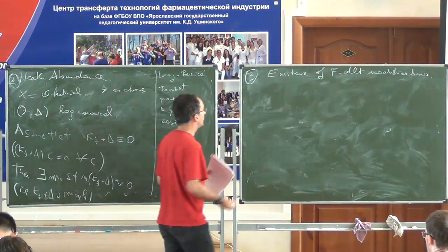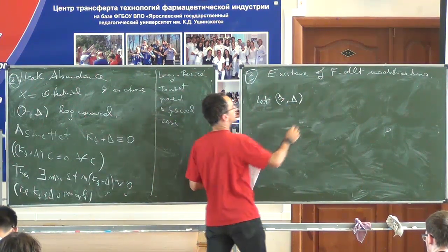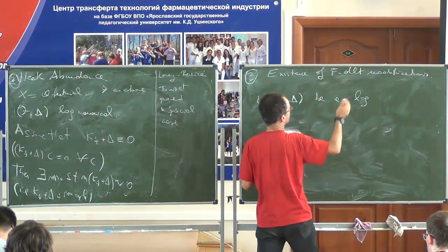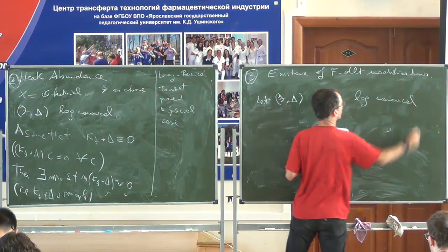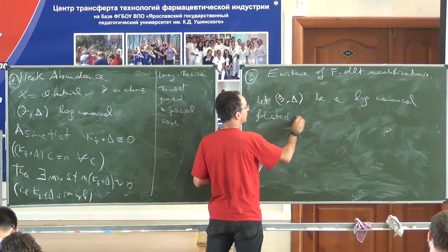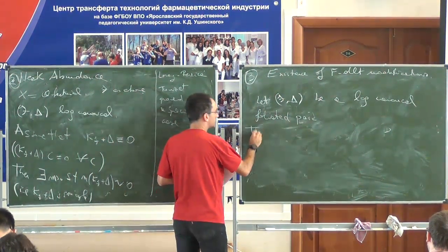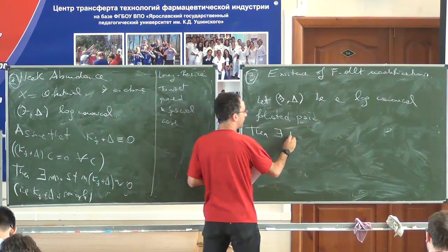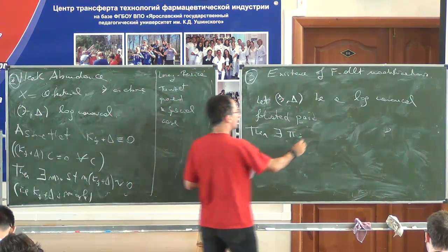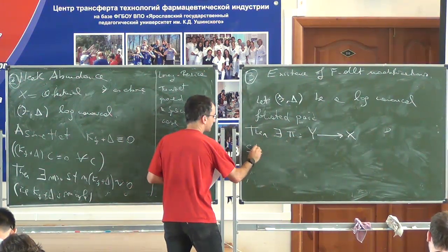So how does it work? Let's suppose that (F, delta) is log canonical. Actually, we need even less, but let me show it for a log canonical foliated pair. As usual, I'm assuming a threefold, rank 2. Then there exists pi, which is a partial resolution, like a minimal resolution for surfaces, from Y to X, such that